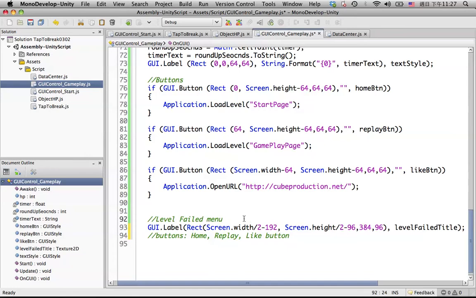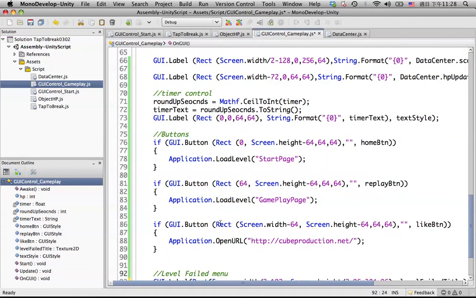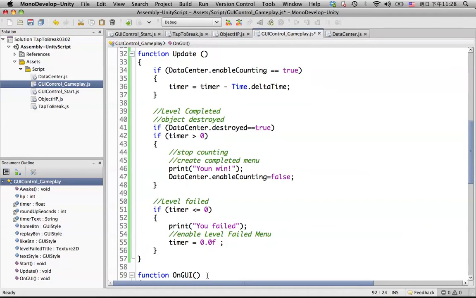So we will do a quick tutorial in here, or maybe later. Let's finish the level failed menu first. Because the level failed menu only happens when the level failed, which is when the timer goes down to 0, we go back to the update. So under this statement, we need to enable the level failed menu by using